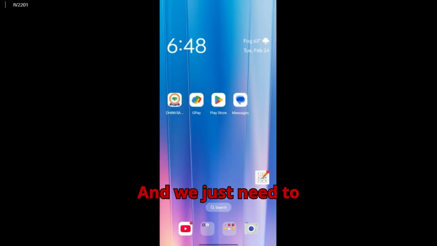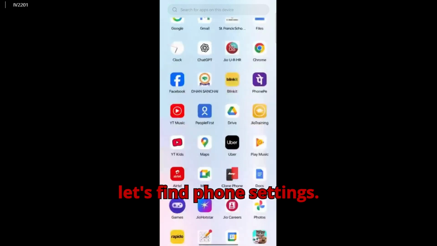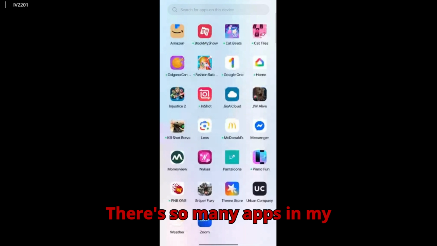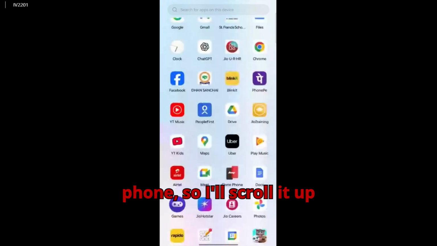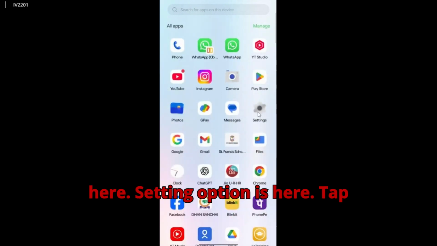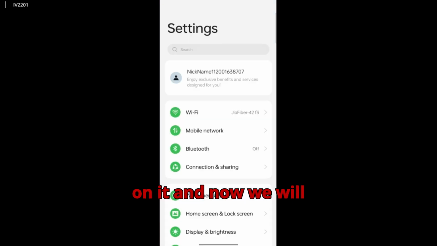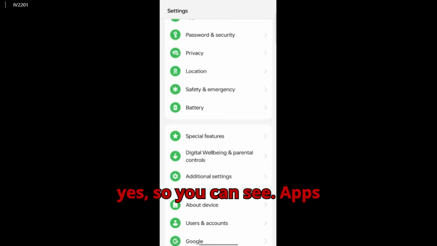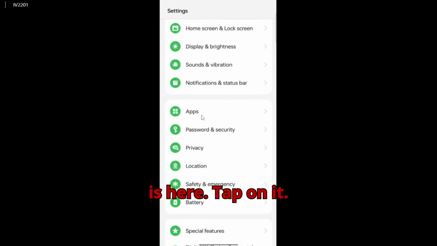And we just need to go to phone settings. So let's find phone settings. There are so many apps in my phone, so I'll scroll up and let's see. You can see the settings option is here. Tap on it and now we will go to the apps option. Find apps. Yes, you can see apps is here. Tap on it